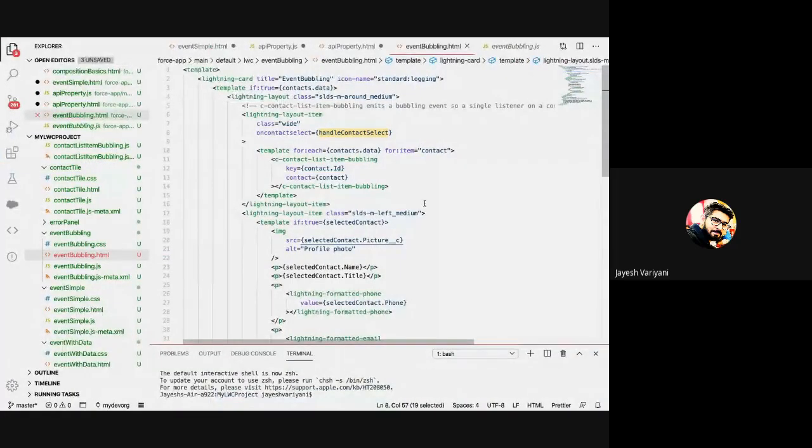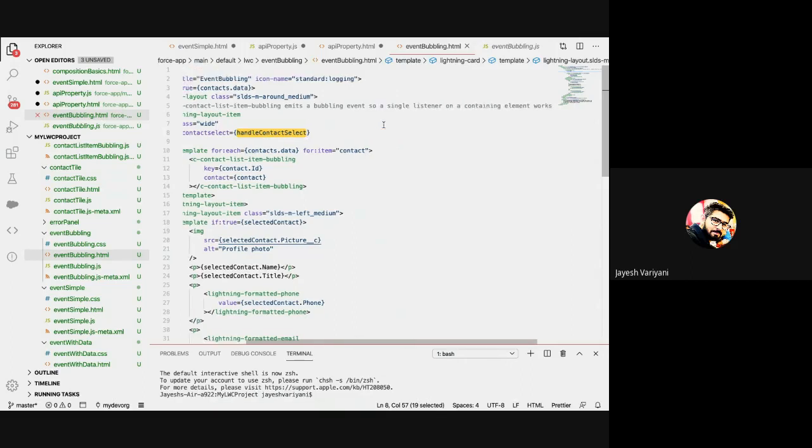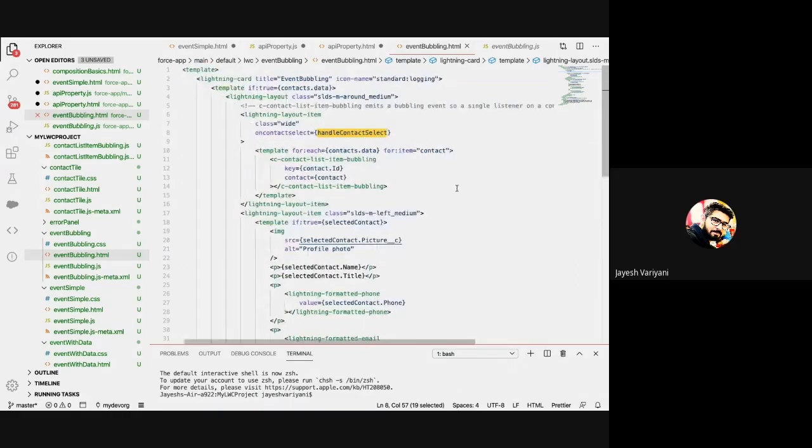This example is trying to explain that. This event doesn't stop. Even if this event bubbling had a grandparent, that grandparent can also handle this on contact select event, and it can call its own method, just like this parent is doing. That is what this bubbling is all about.